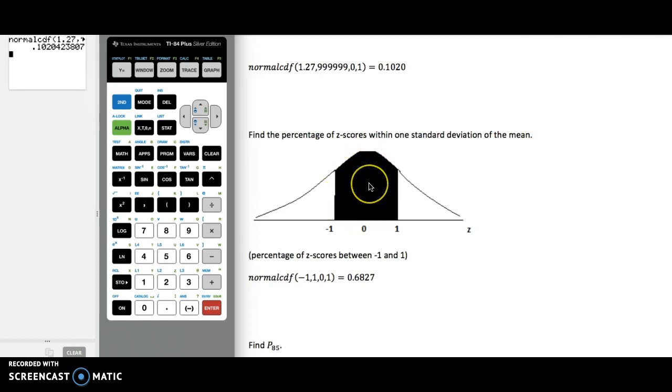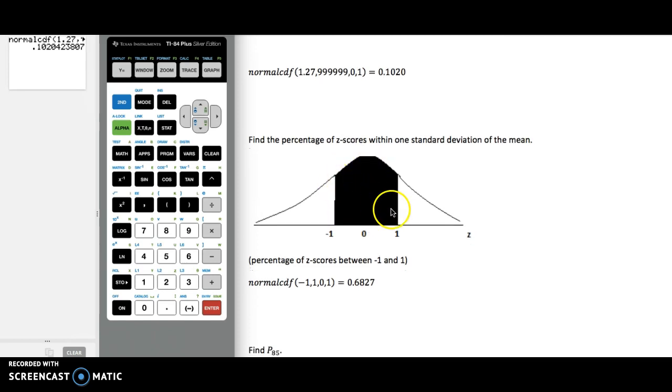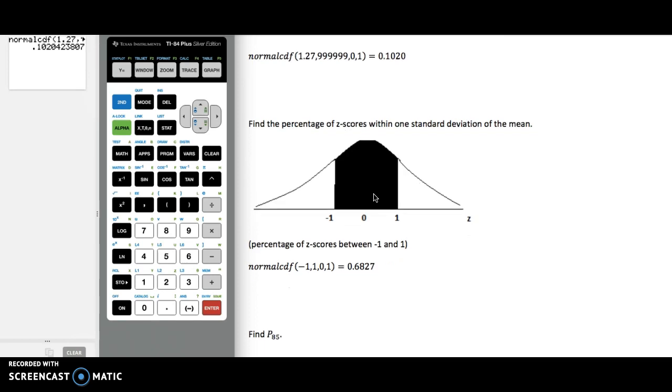And so we should know from the very beginning that if you're within one standard deviation of the mean, that's about 68% of the graph. But we're going to actually calculate it and get a more precise number. And so here, once again, you use normal CDF because we're calculating a percentage. And so you need a lower bound and upper bound. Well, from left to right, your lower bound or your shaded region starts at -1 and ends at 1. So your lower bound is -1, your upper bound is 1. So you press